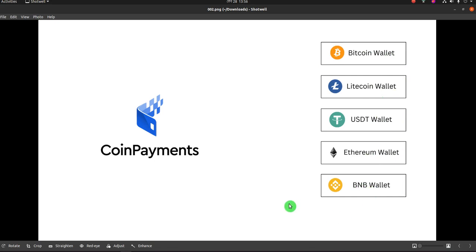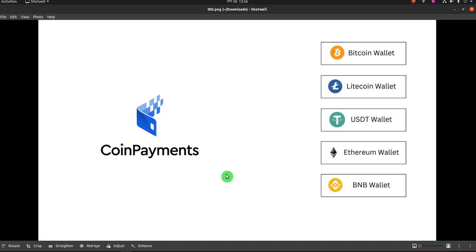And the number of wallets that coin payment or BitGo support is huge. You can easily find the most popular cryptocurrencies on their list. So since you have created a coin payment account and you have these wallets there,